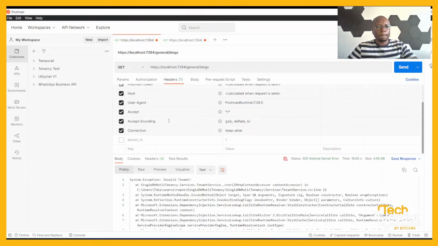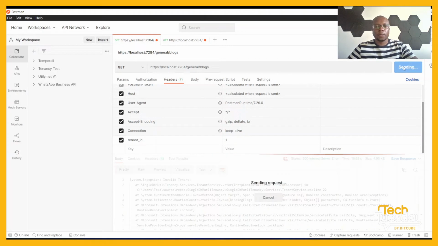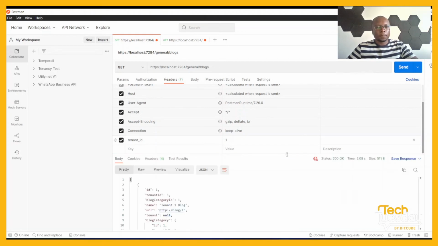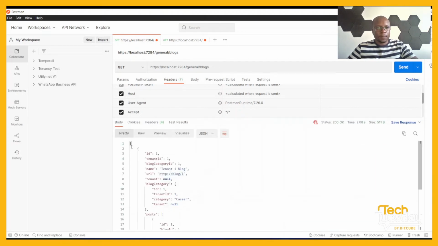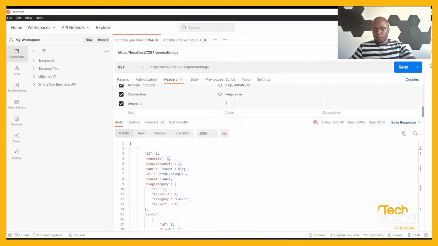Okay, so what we just need to do is that HTTP header rather, we just need to specify with every request that we are working with tenant 1 or tenant 2 or tenant 3 or whichever tenant we're working on. Okay, so if we run that again, that is gone and we can clearly see tenant 1 that we're working on. And if we change that to tenant 2,